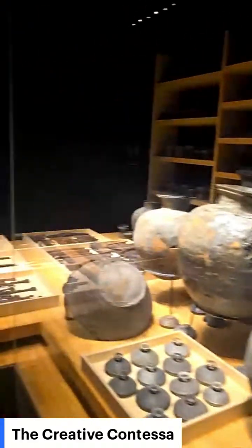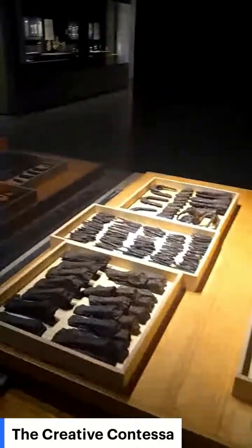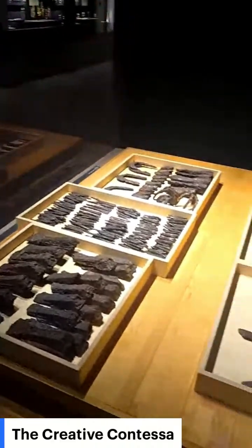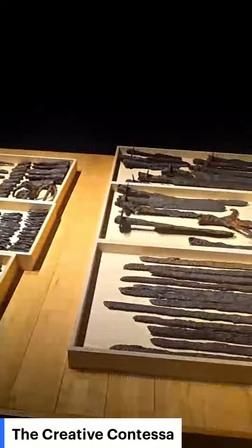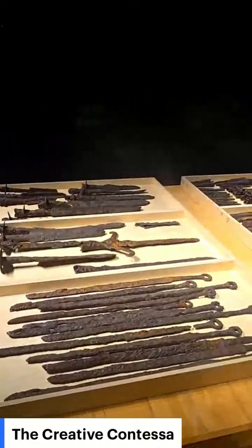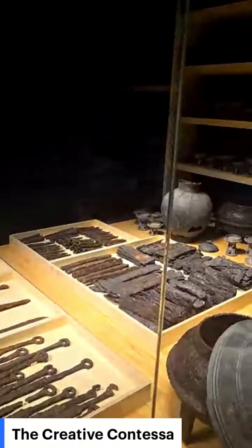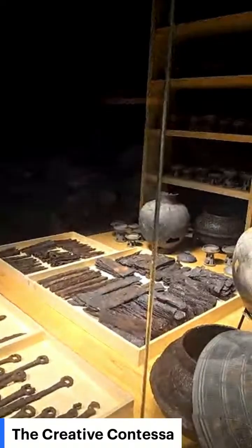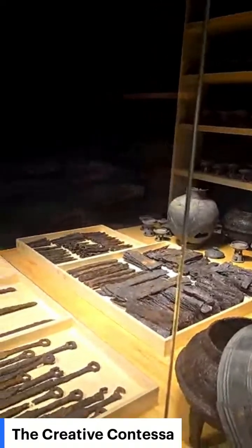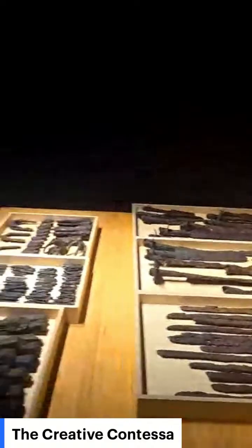Yeah, this is pretty neat. And of course, of iron were contained and art. It was the entire thing. The wood didn't survive in the